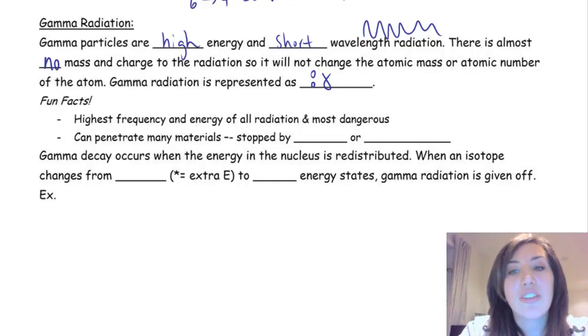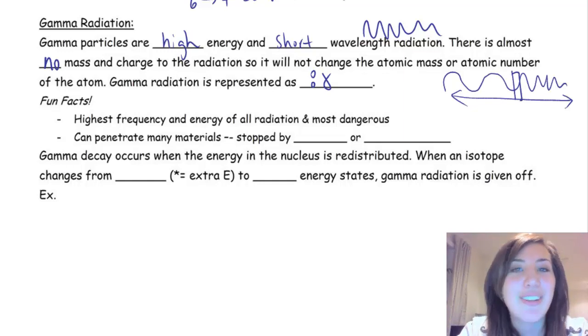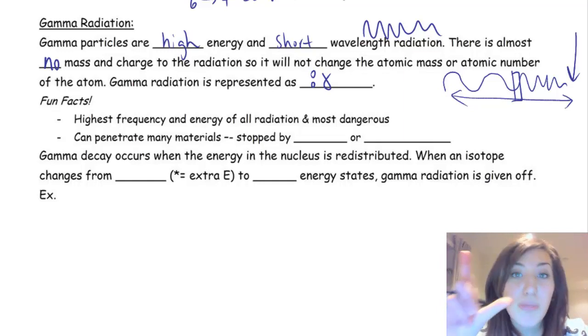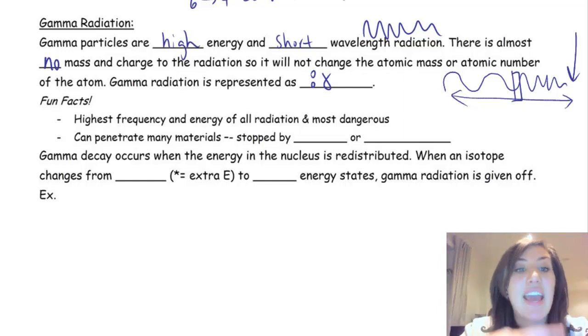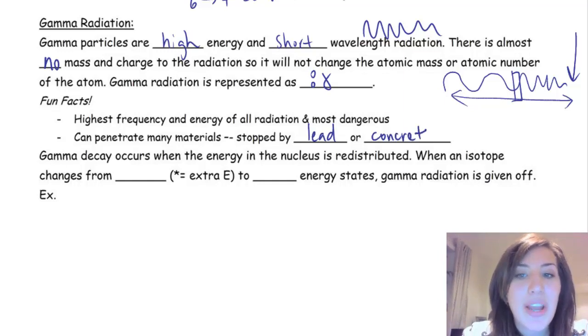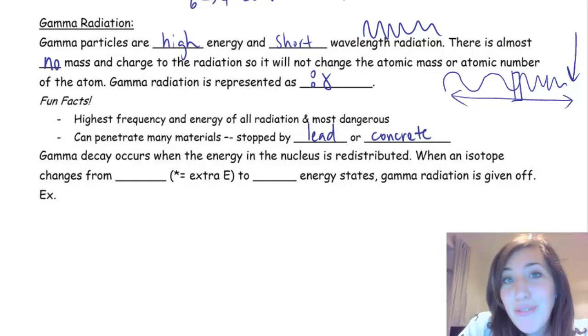If you look at that electromagnetic spectrum, which goes from left to right, and it's like long and lazy, and then it gets really fast, and we've got this like little area of visible light, gamma radiation is over here. It's super high energy, super high frequency, super short wavelength, very dangerous, and it can penetrate lots of materials. So if you hear about gamma radiation, get behind some lead or get behind some concrete, because it will go right through the paper, it'll go right through the aluminum foil,